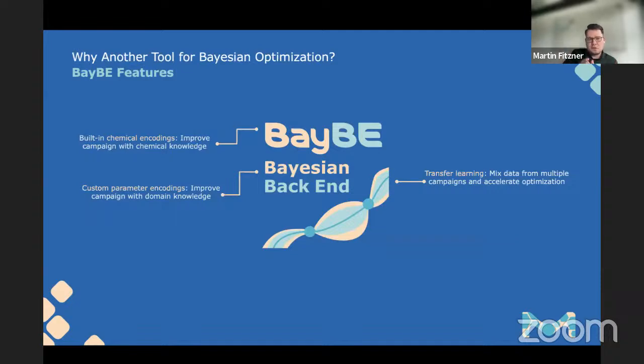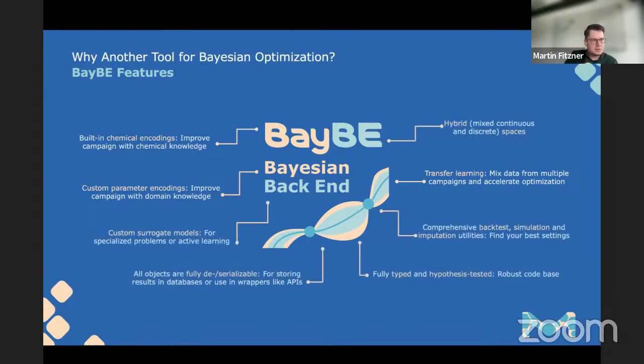There are many more of these kinds of features in the code, but also of things we need in industry. For instance, one very interesting thing you could be interested in is custom surrogate models. If you do an active learning campaign, why would you optimize the GP? Use the model you want to optimize for that. You can use custom surrogates for that. We also have utilities for very quick and easy backtesting with very few lines, and maybe you can create plots like the ones we've shown you today.